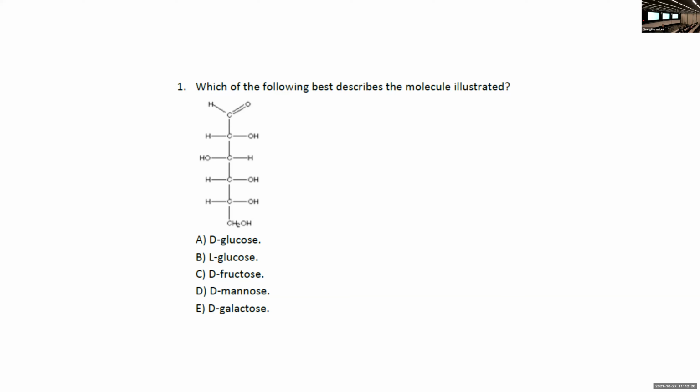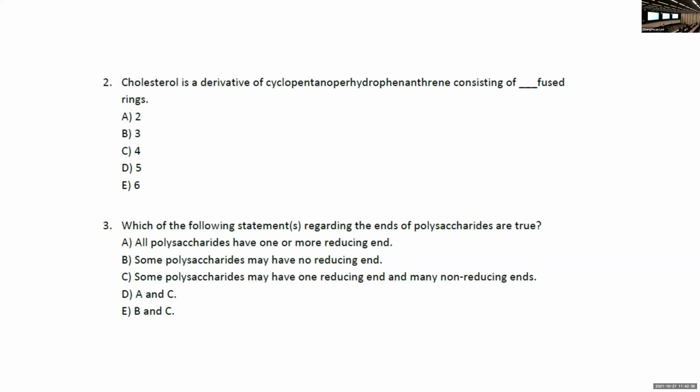So the first one, the right answer is A, and this is nothing but simply memorizing or identifying the actual structure for their specific conformations. Number two, what's the right answer? C. If you don't understand, you can see the structure of cholesterol and can easily tell that there are four rings. Number three,